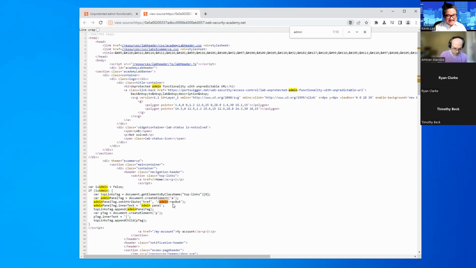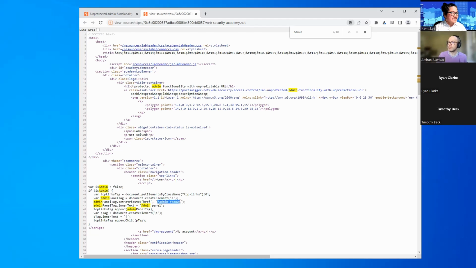So it seems that the name of the admin endpoint is slightly randomized by the app when it's created, but the name of the endpoint is exposed inside of the page source, which is good for us because we can use this to access the admin endpoint.